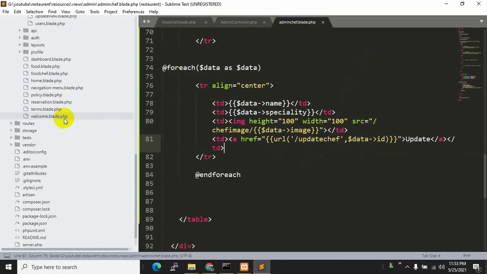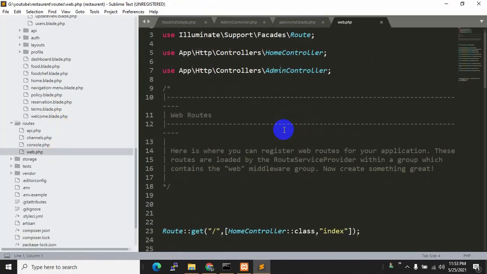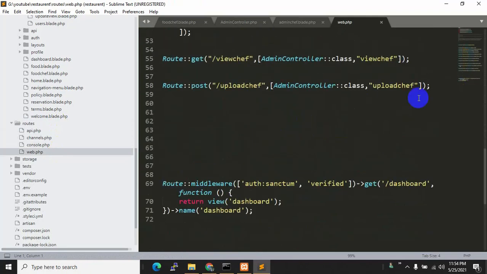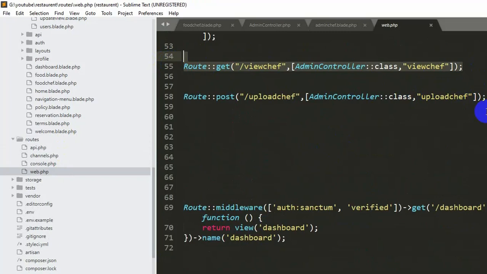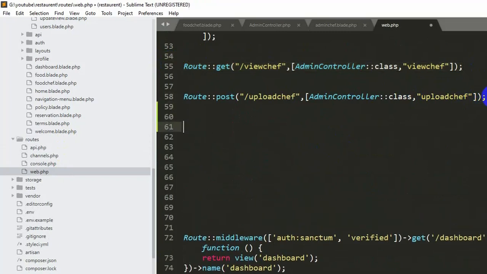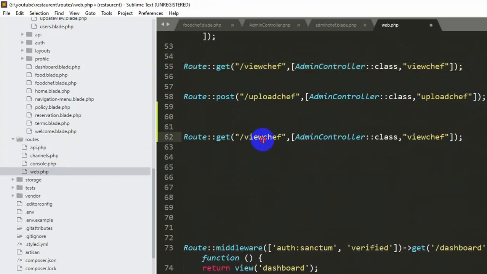So let's go to route, then web.php, and over here let me just copy this one, Control C and Control V, and over here we'll just say update chef, update chef, and let's say our function name will be update chef as well.